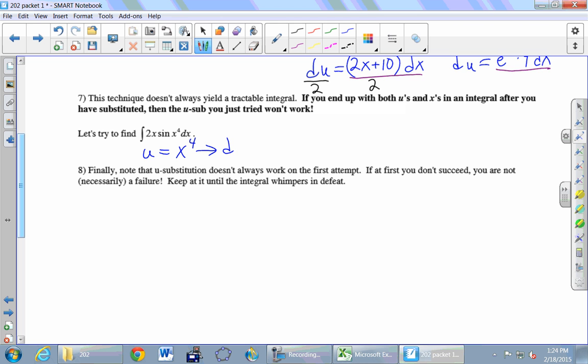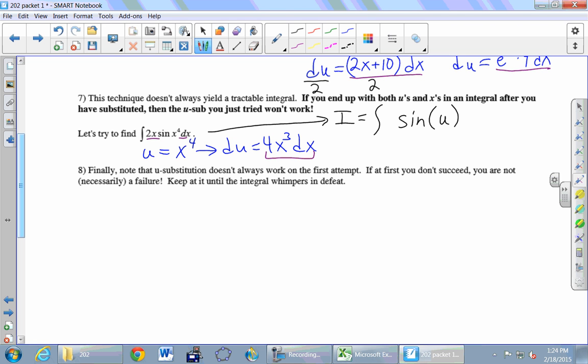And so if I take a derivative here, I get 4x cubed dx, yeah? And so then we will start replacing. So the integral becomes, all right, so just trying to get the u in there as simply as possible. So sine of u, yeah? And then we're underlining 2x and dx, right? And so my goal is to build a 2x dx somewhere inside of this thing, and I can do it,